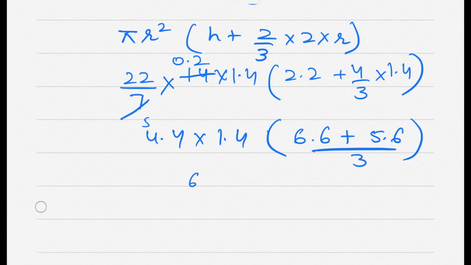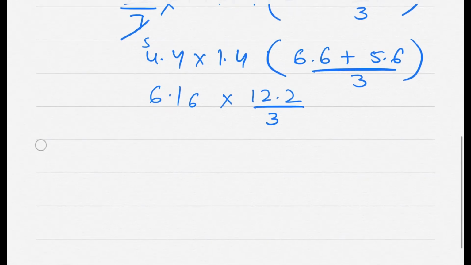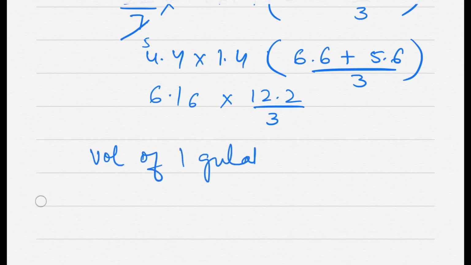Okay, so now 14 4s are 56 and 14 4s are 56 and 5 is 61, so 6.16, correct? And this will come out to be 6 and 5 11, 12.2 by 3. Okay, so does it get multiplied? I don't think so. So we just have to multiply everything now, volume of this, or we can keep it like that. So my volume of 1 gulab jamun